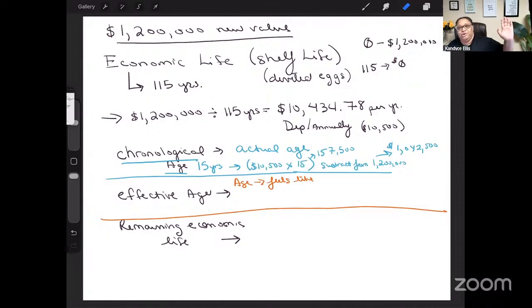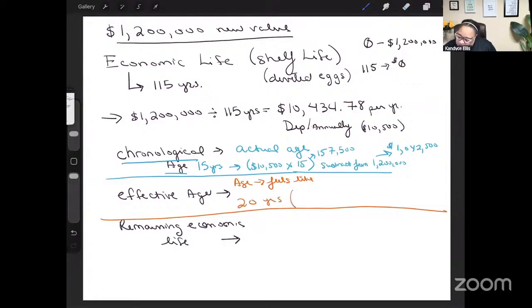So for the person who's just single, their effective age might be 1 year, and the family, that house might be 15 years old, but it could feel 20 years old. So the effective age is how old does it feel? So the test could say, hey, it's got an effective age of 20 years.